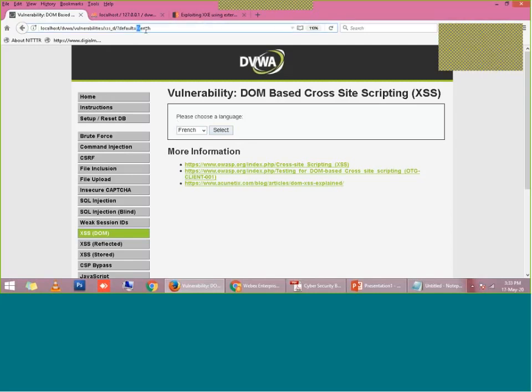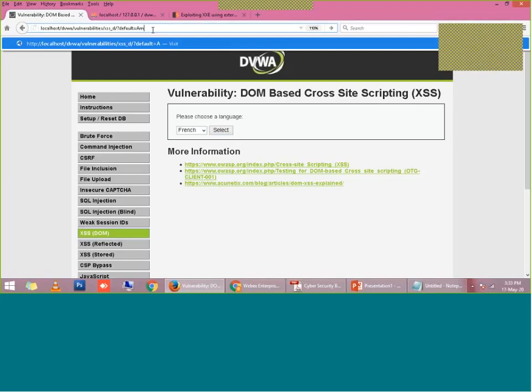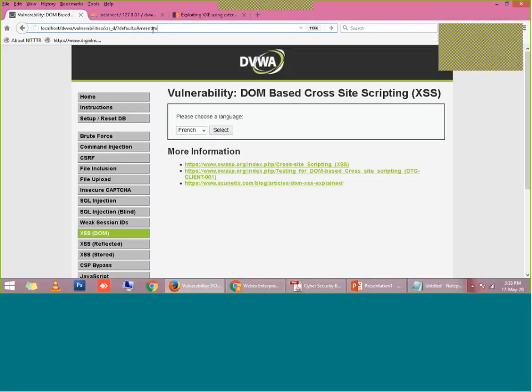So what I will do, I will try to add my name here and submit. What will happen? The drop down will have another option called Amrendra. If this data is submitted to the database, then we will be able to create a new entry for this language.